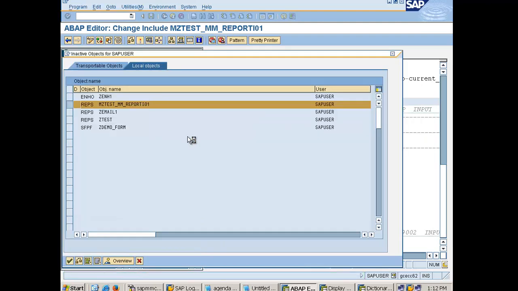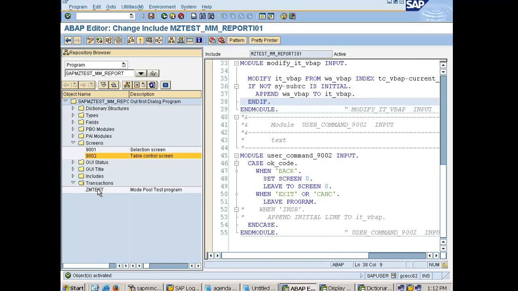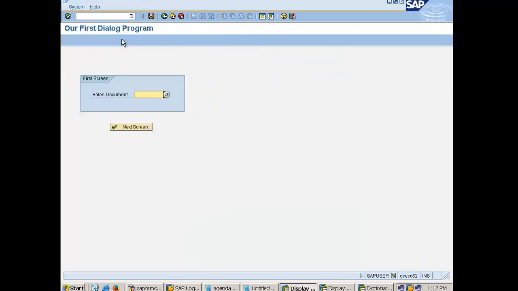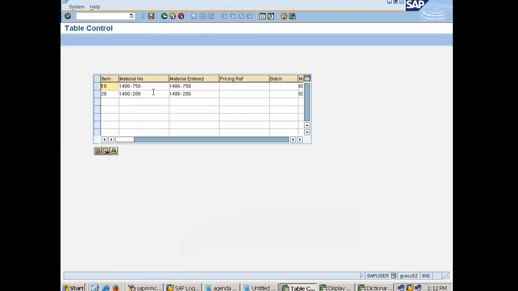So if there is a change in the value, it will be modified, and then if there is any new value inserted, then it will be appended in there. So for example, if I make it 222, so